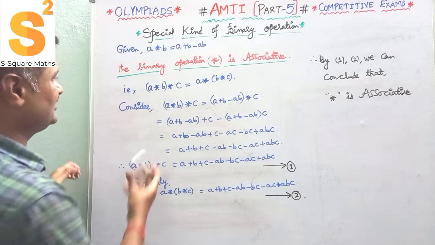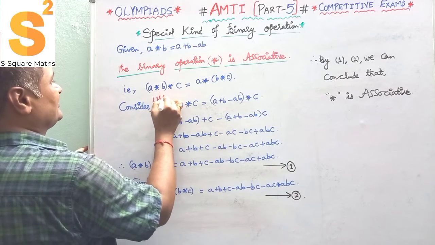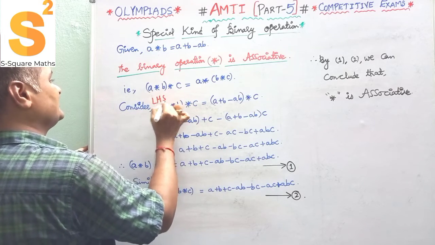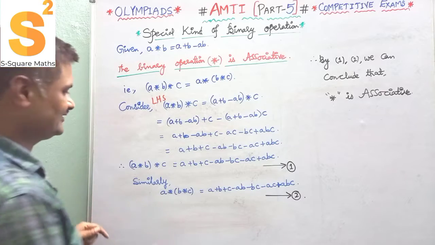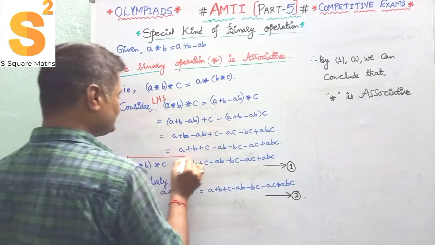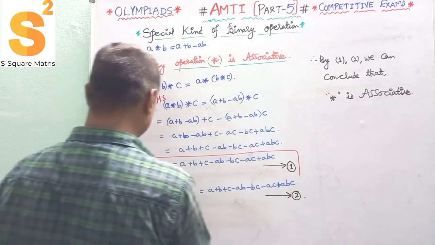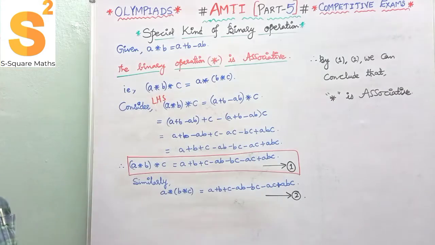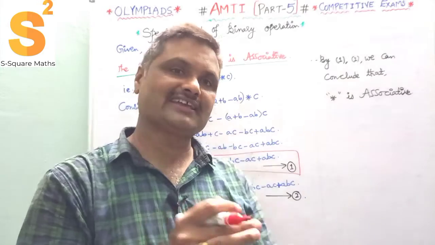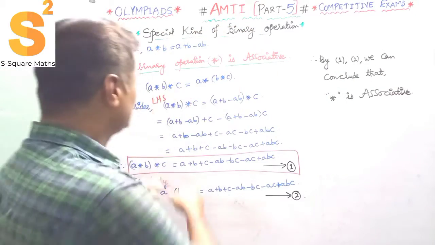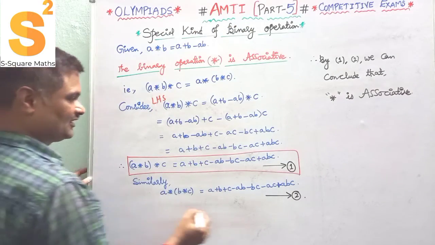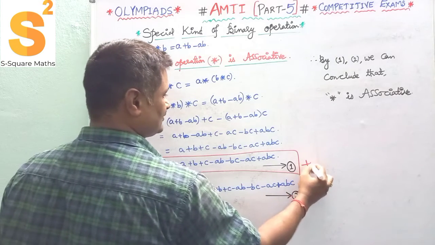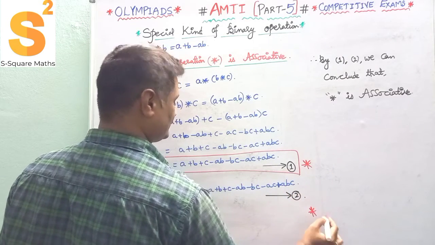So this is nothing but what I have considered as our LHS. After simplifying the LHS, I got the steps like this. So this is nothing but equation 1. If you go through the steps, you can easily understand. Previously we went through the variable x and the numbers; here we work totally with the variables A, B, C. Now this is our second equation, and this is our RHS. So this is equation 1 and this is equation 2.